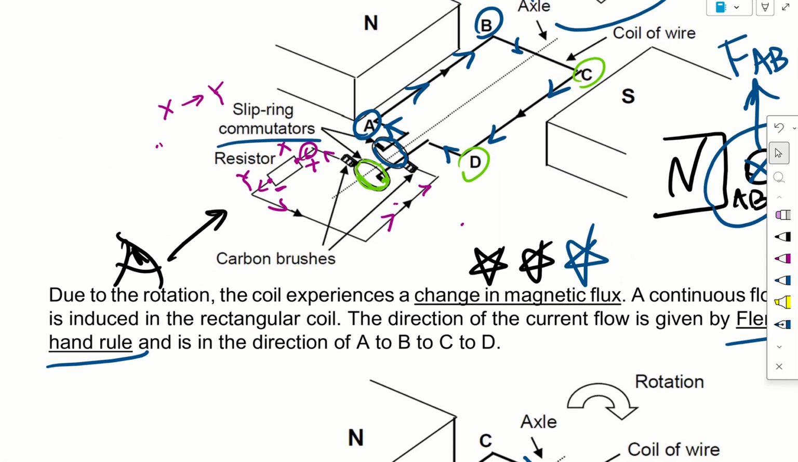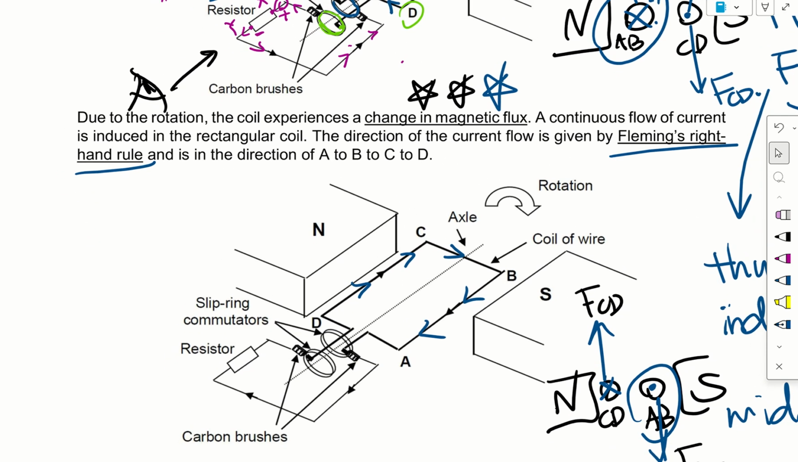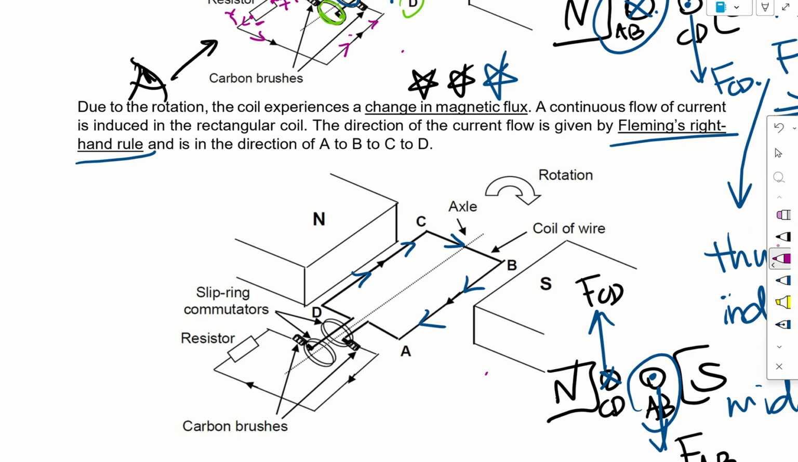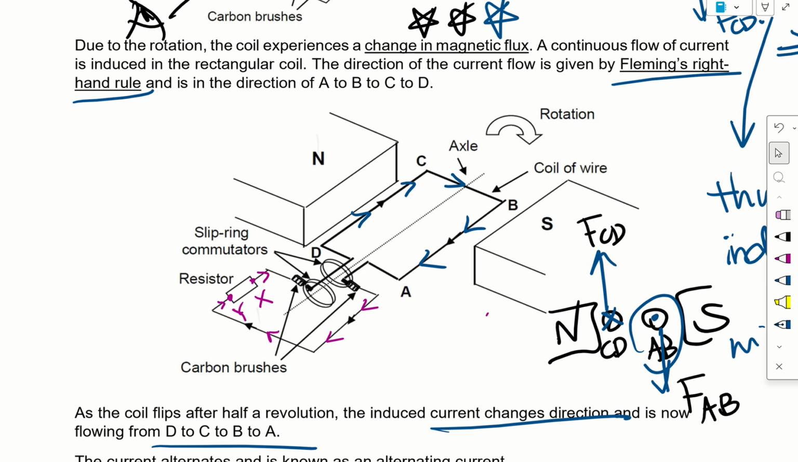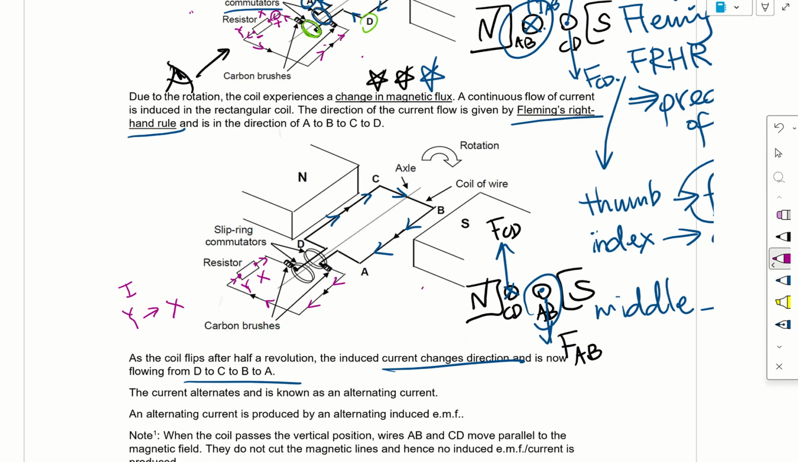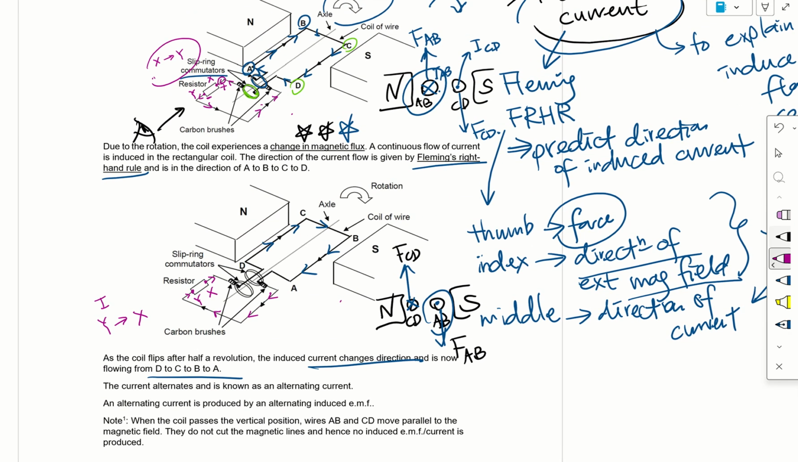But after half a revolution, the current is now flowing in this direction. So this was point Y and this was point X. The current now is flowing from Y to X, opposite from the previous, whereby it was going from X to Y. So even though, look at this blue color cycle, the current is flowing in the same